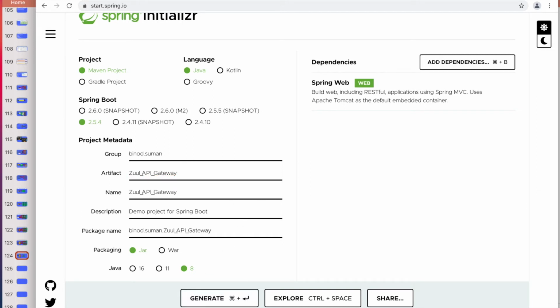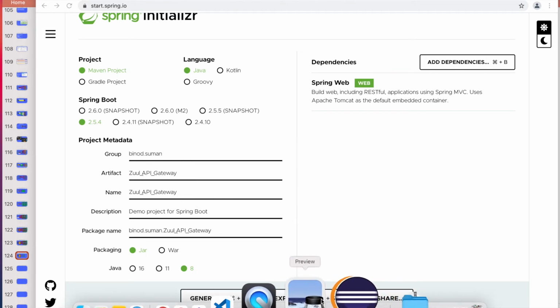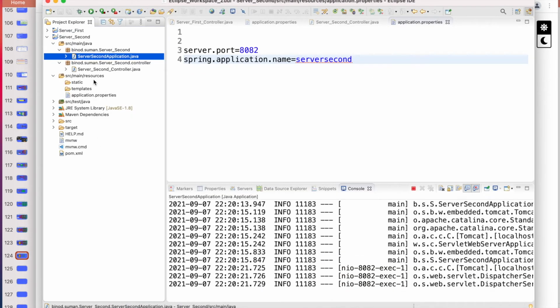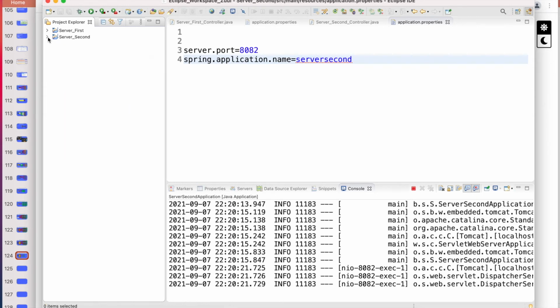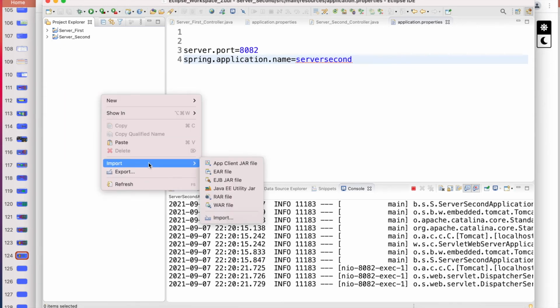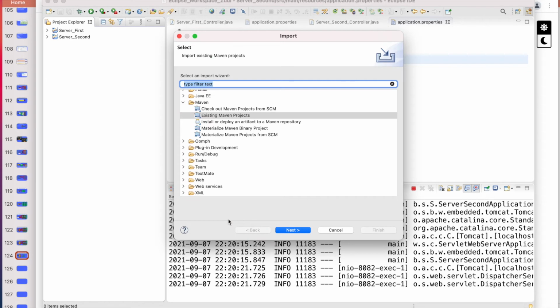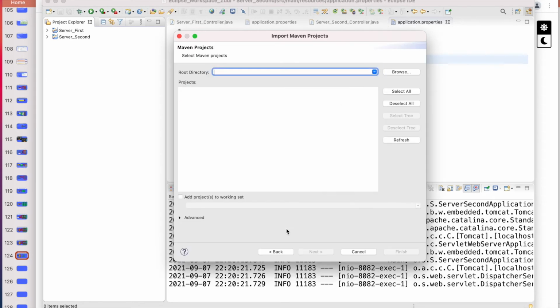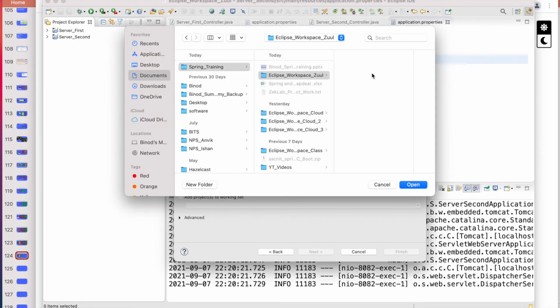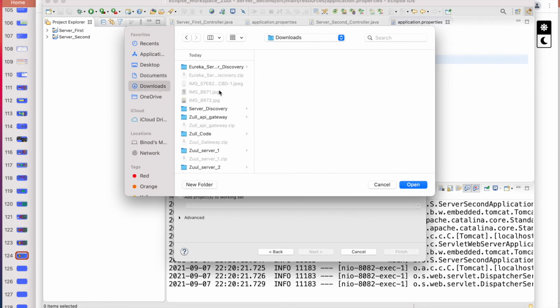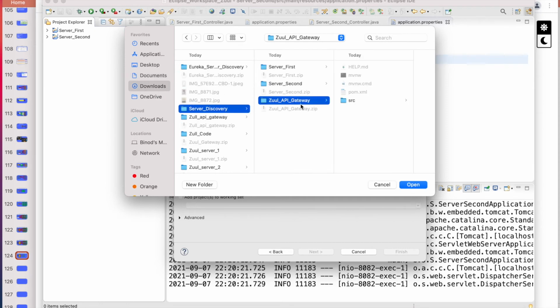Click on generate, go to Eclipse and import as we have done already for the two microservices. Import Maven project, go to the download here, this is the angle,